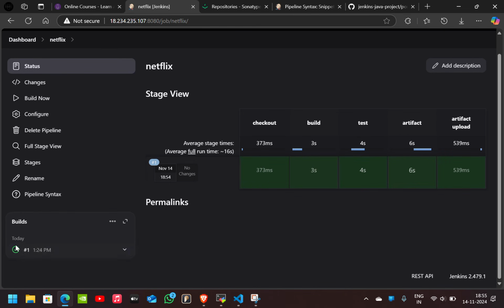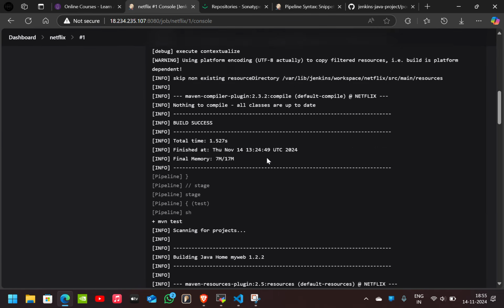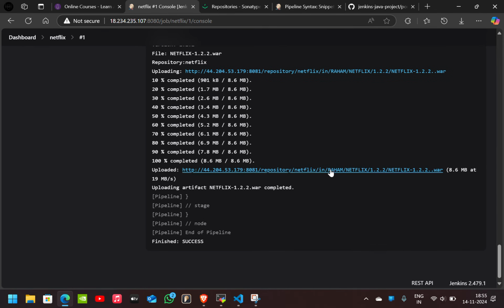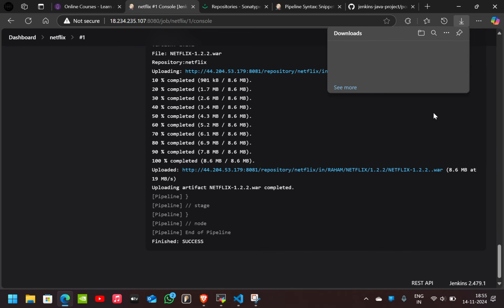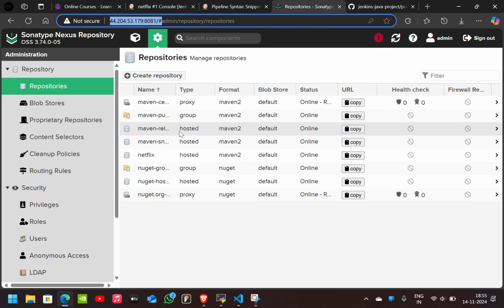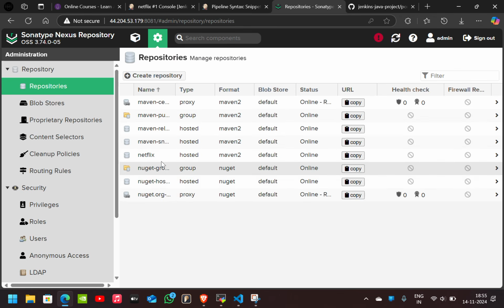So if you want to download the uploaded artifact, go to console output. Here scroll down. You can see here uploaded. So you can see a link here. If you click on that link, you can see the .war file is downloading. I'll just cancel it. If you want to check in the Nexus repository website, so here the repositories, this is